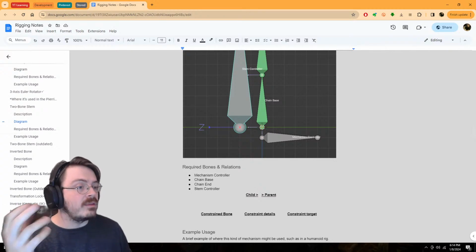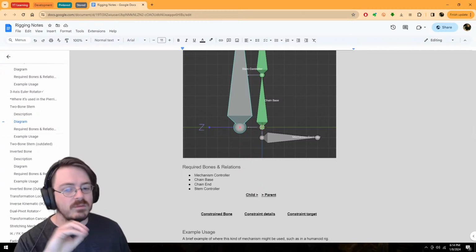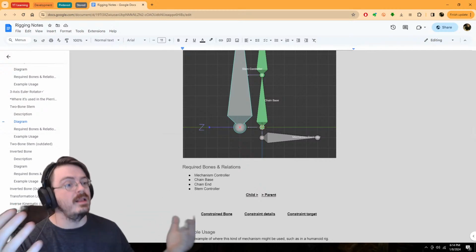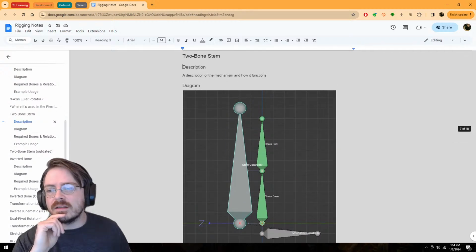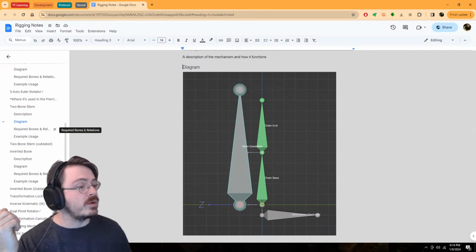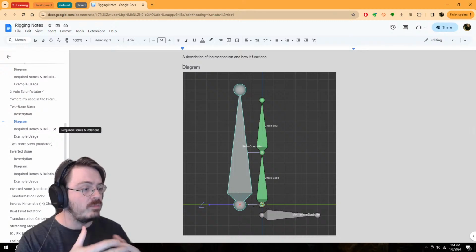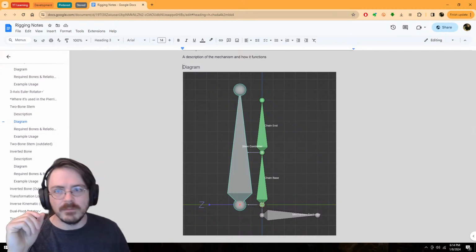And not only that, the thing with my notes in particular is that it's much quicker and much easier to find the information I need because I've cataloged it in such a format that I already know where that information is, right? Here I can see, oh, I don't remember what this does. I've already made a little description for myself. I don't remember quite what it's supposed to look like. Here I have an example of it laid out plainly for myself. And so on and so forth.